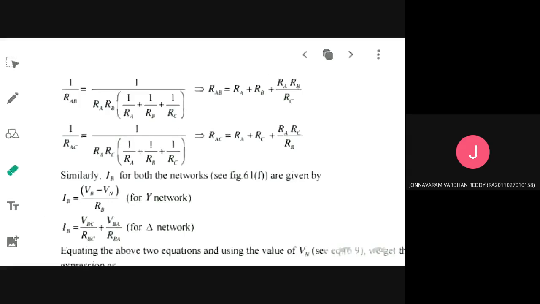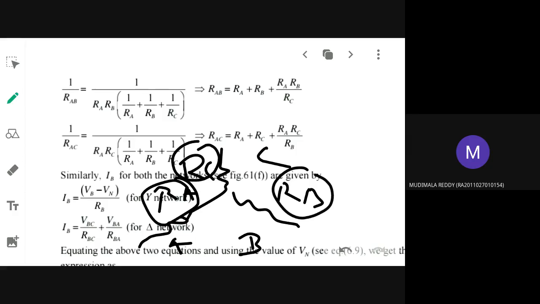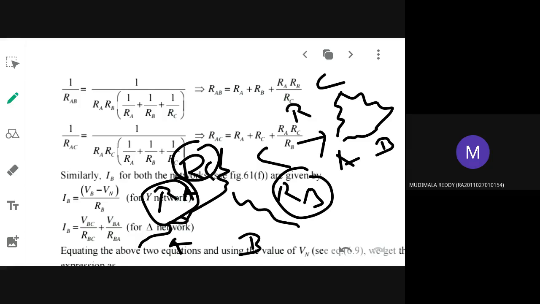Okay, so let us consider how they have given that star like this. So A, B, C. RA, RB, RC, this is known to you. So you know the values of RC, RA, and RB. Now we want to convert that into an equivalent delta, where the unknown parameters are again A, B, C, here you will have RAB,